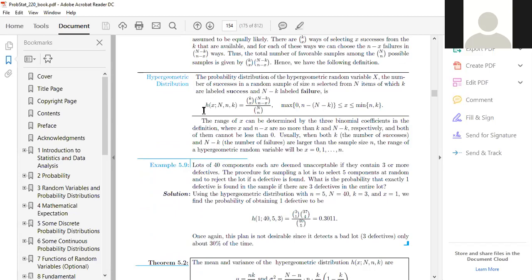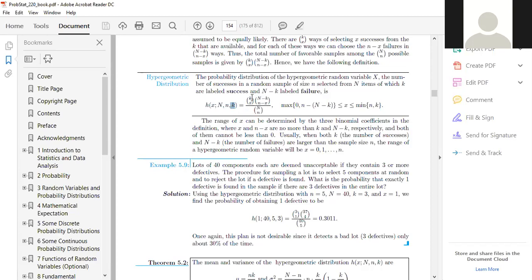explained to you. So hypergeometric, because this H stands for hypergeometric, the first letter is H, and that's why we denote this one by h(x; N, n, k). This is the pattern of writing: x, N, n, and k. That is given by kCx, your success rate. Previously it was p, now it is k. kCx, then failure rate is N minus k C n minus x, total number of population N, and sample is